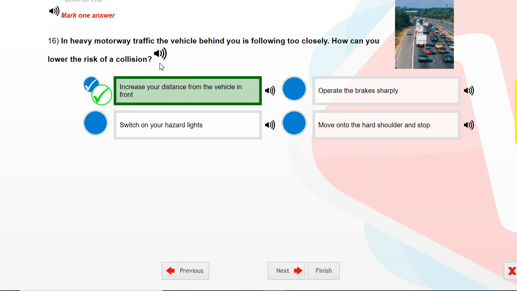Increase your distance from the vehicle in front.